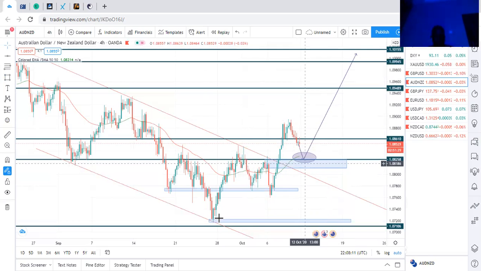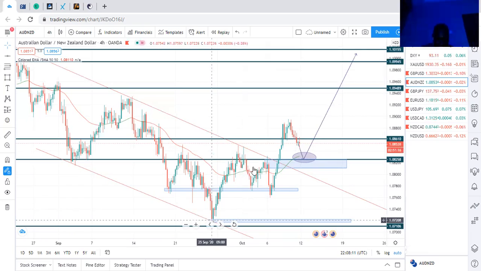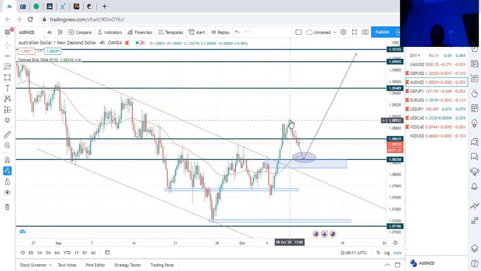You can see this is the lower low, this is a high, this is a low. I'm not going to call it a higher low because there was no low before it, so I'm going to call it a low. This is a high, this is a higher low, this is a higher high. So what does that tell you? If the market is going to continue to the upside, it is going to print a lower low here. It's going to print a lower low for it to continue to the upside.